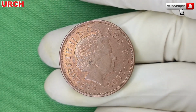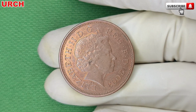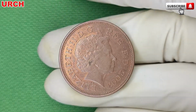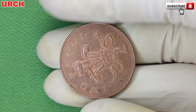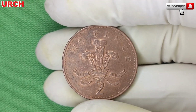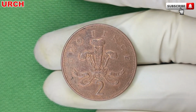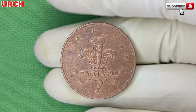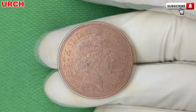of heraldic tradition. Designed by Christopher Ironside, it features the badge of the Prince of Wales, a plume of 3 ostrich feathers encircled by a coronet, above a ribbon bearing the German motto, Ich diene, which means, I serve. This symbol has adorned British coins since the decimalization of the currency in 1971, and it carries with it a rich tale of chivalry, royalty, and duty. It's a powerful image, one that tells us this is more than just a coin, it's a piece of Britain's